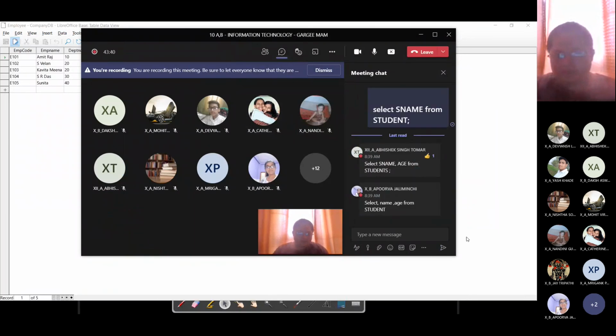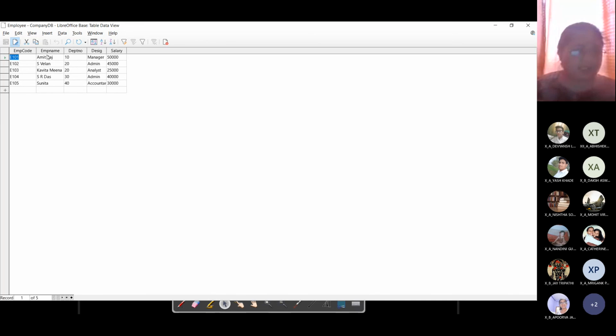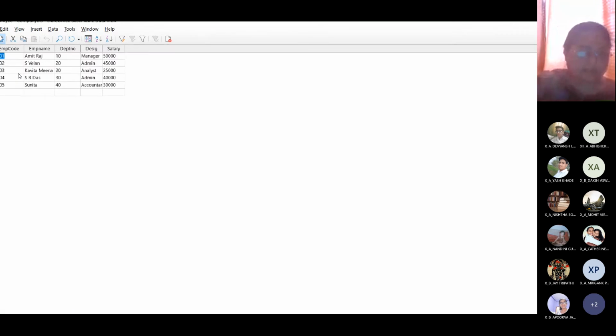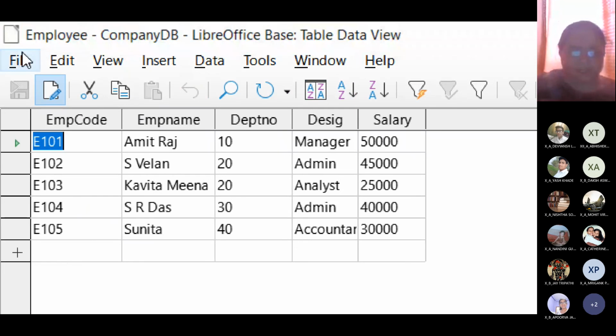Please take a look at the chat box, I have already sent you the table structure. What all things are there in this table? Employee code, employee name, department number, designation, and salary.